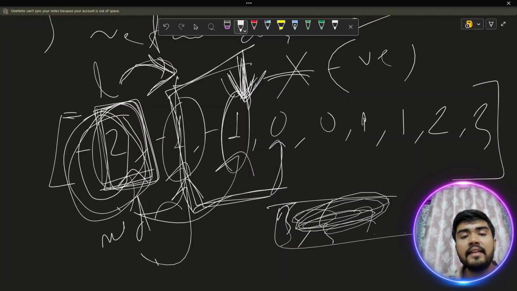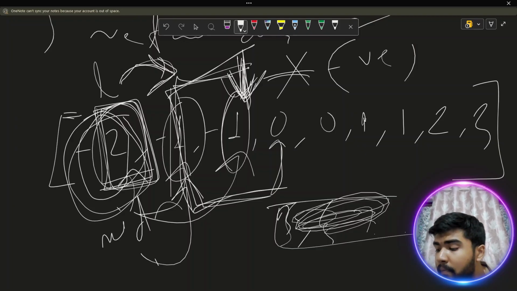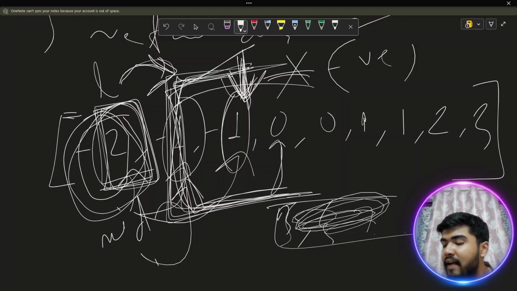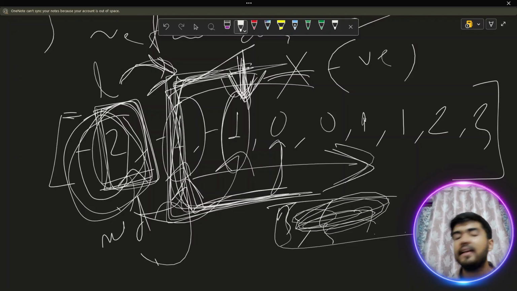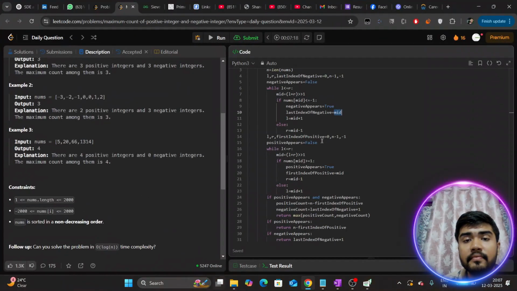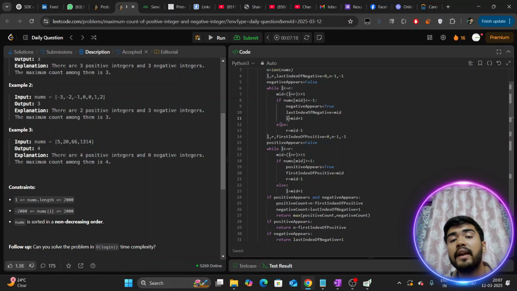So from here we are searching if we can get any negative elements after this boundary. So we have shrunk our boundary. So after this, can we get any more negative elements in that direction? So we have shifted our left to mid + 1. That's exactly what I did. So here you can see that I have put my left pointer to mid + 1, and if it is not,